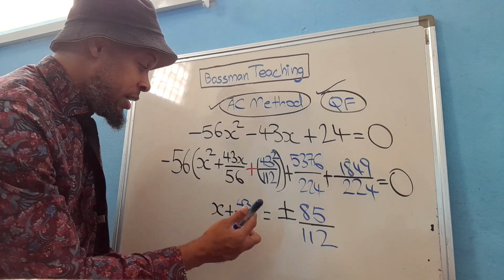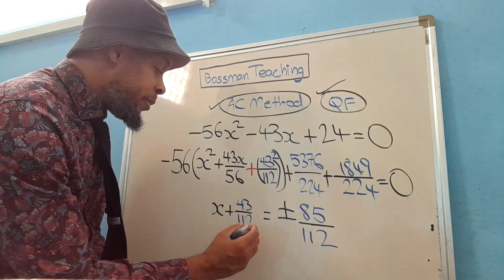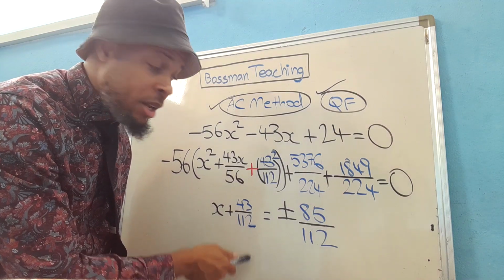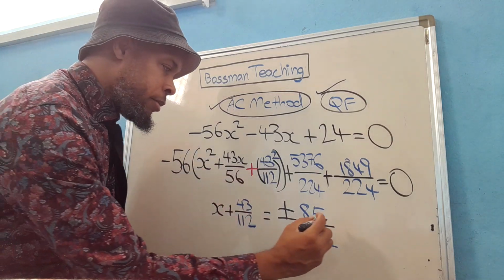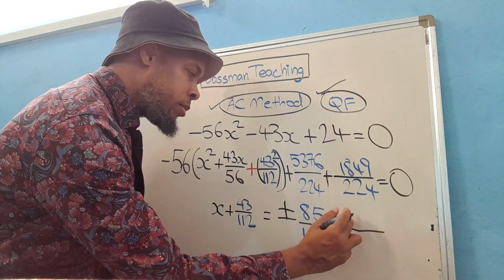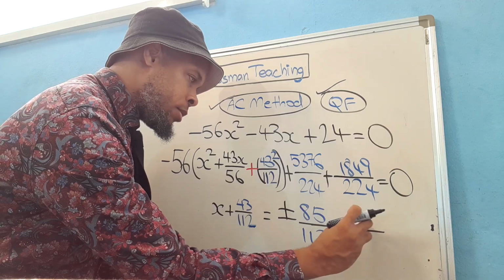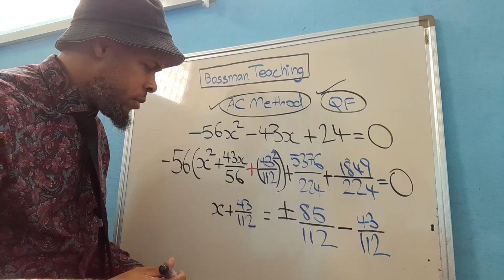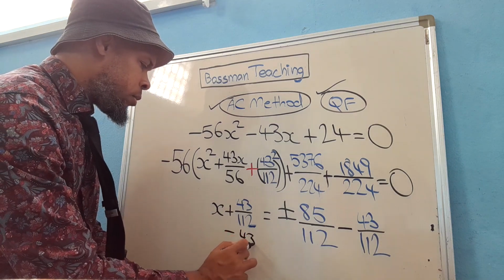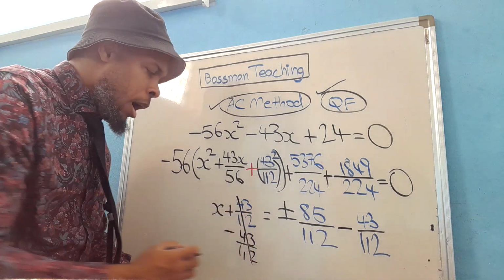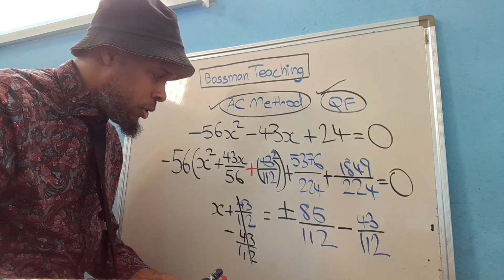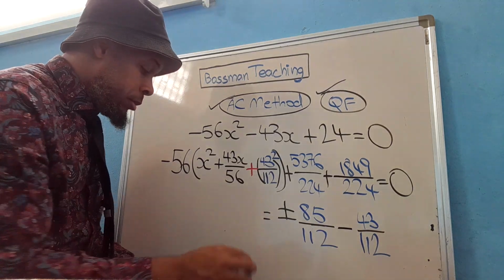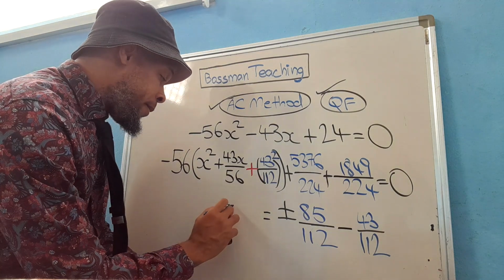Yeah? This is a doozy. I'm not going to lie to you. Right? Now, we minus 43 over 112 from the left and the right. So, that means we're going to have this. 43. Yeah? So obviously that happens, right? Just putting it in context. So now,